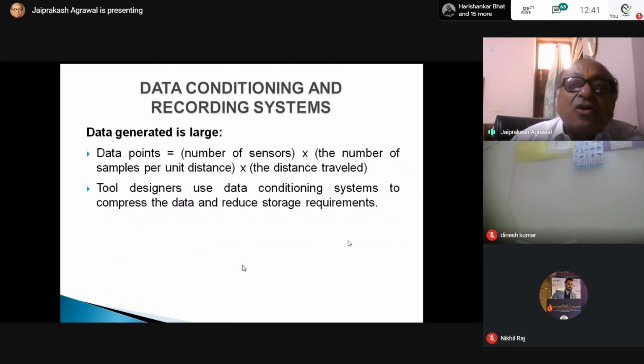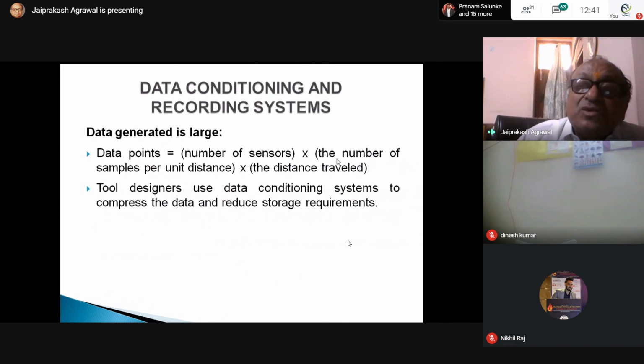And then there is your data recording system. You have huge data coming, so it's very complex. See how much data will come: the number of sensors, which is now huge, into the number of samples per unit distance, into the distance traveled.